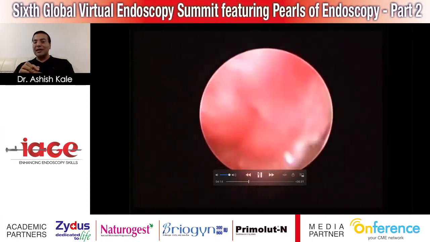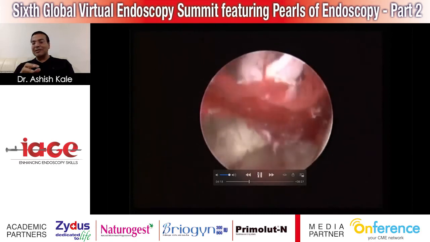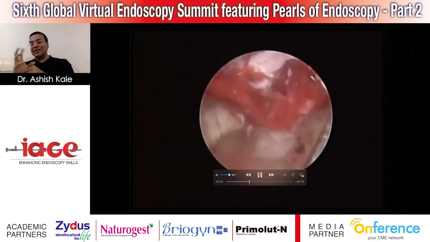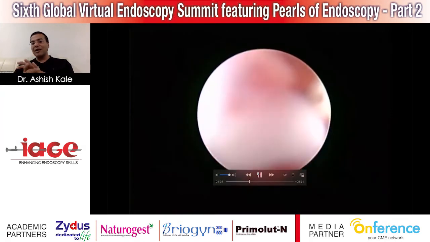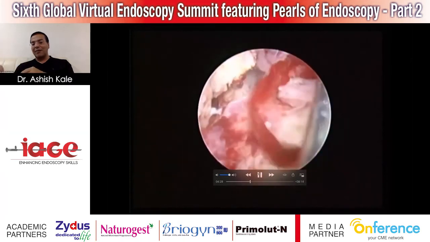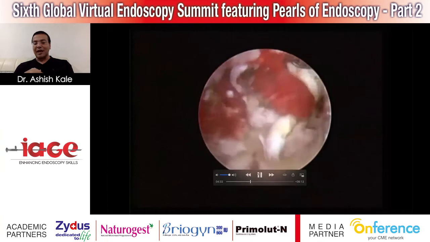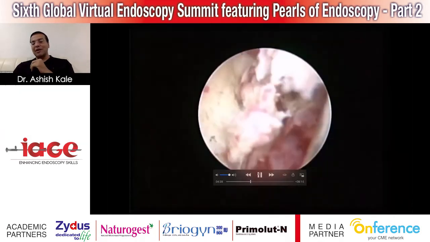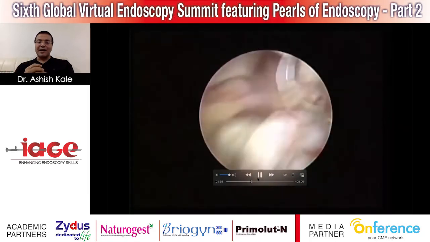When you are using the resectoscope, it is always advisable to understand what pressure you are using, because too much pressure will not be helpful. When you are dealing with grade 3 or grade 4 myomas, if you use too much pressure, the myoma will not protrude into the cavity, and half of it will go into the myometrium, so you are not going to address the myoma.